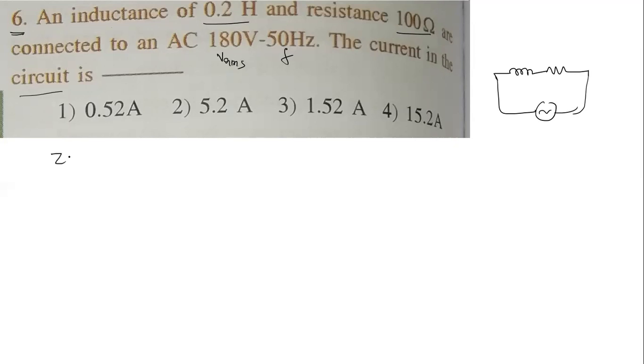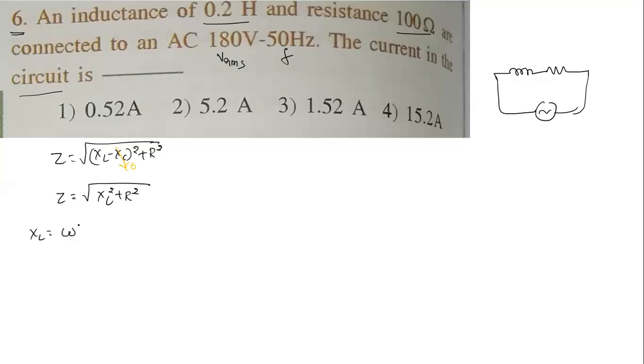Impedance formula we know, Z is equal to square root of (XL minus XC) whole square plus R square. But here capacitor is not there. Take capacitor as 0. This is 0 now because in circuit capacitor is not there. So what is the formula for now? Impedance is equal to square root of just XL square plus R square. What is the XL value? Let us find XL value.